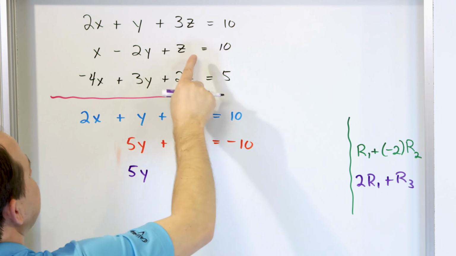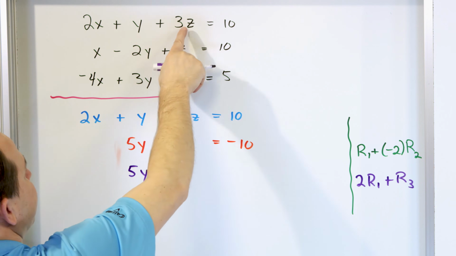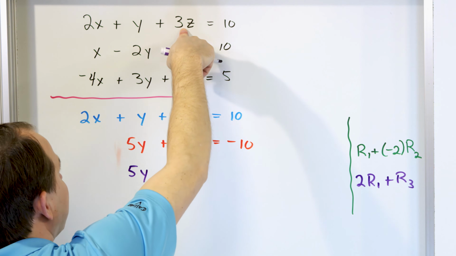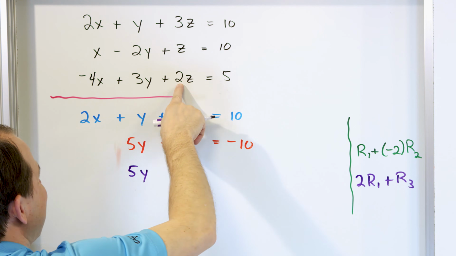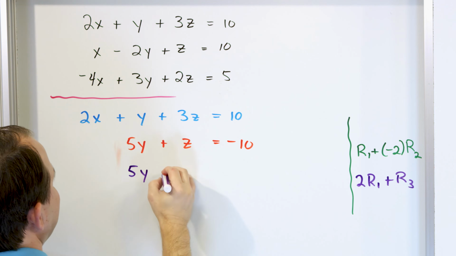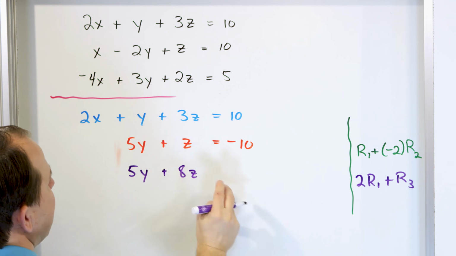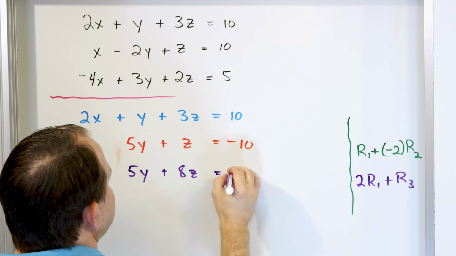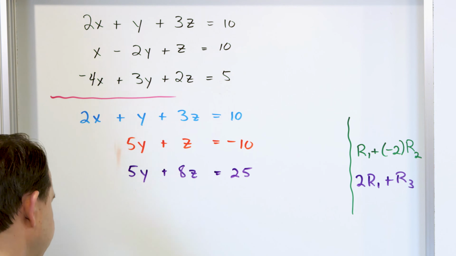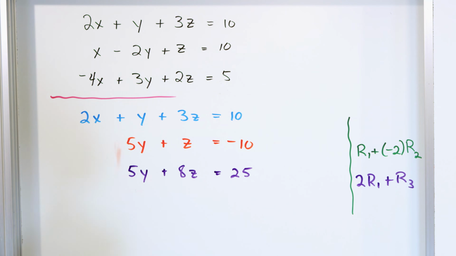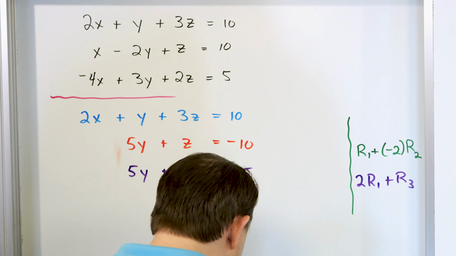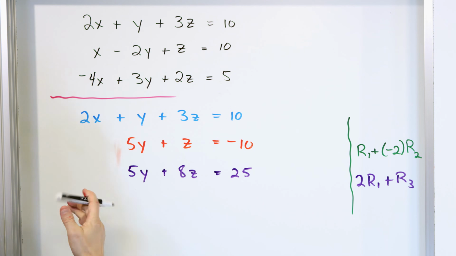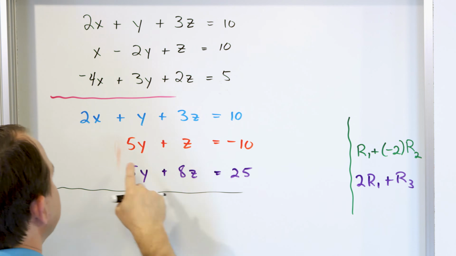Then I'm going to take 2 times this guy, which is 2 times 3, that's 6. And then I'm going to add it to this. 6 plus 2 is 8, so it'll be 8z. And do the same thing here. 2 times 10 is 20. 20 plus 5 is 25. All right, so I have 5y plus 8z is 25. Okay, so you are not done,